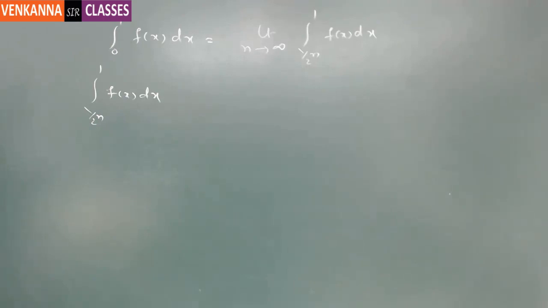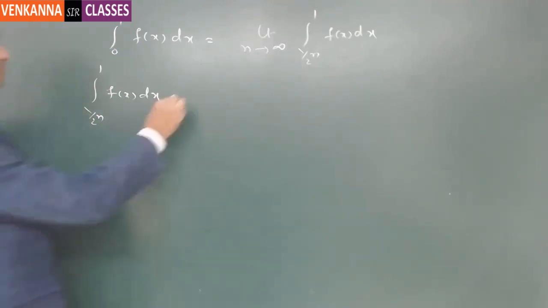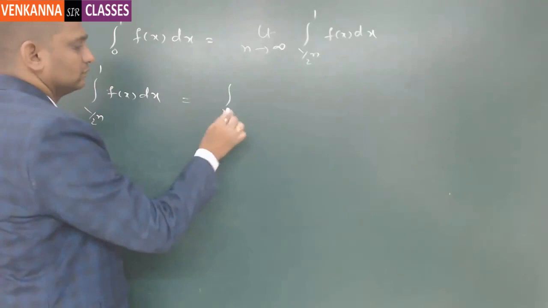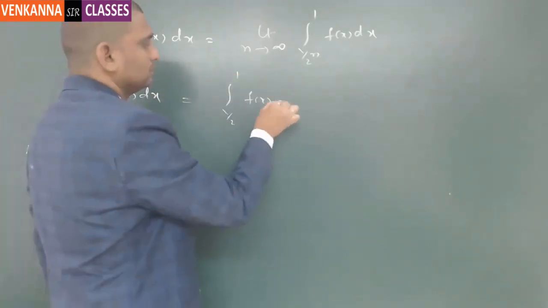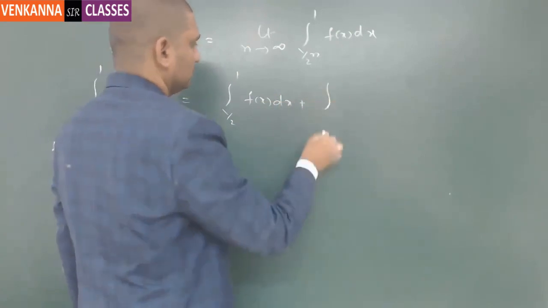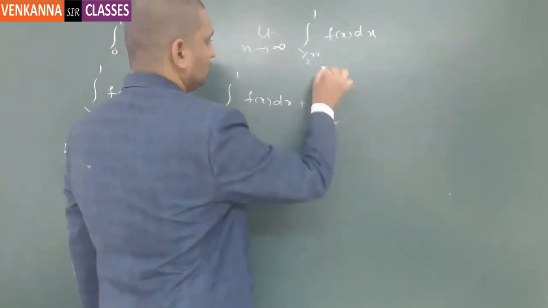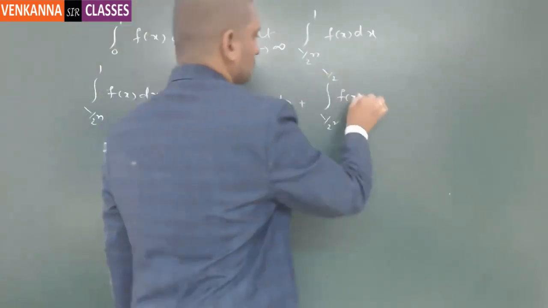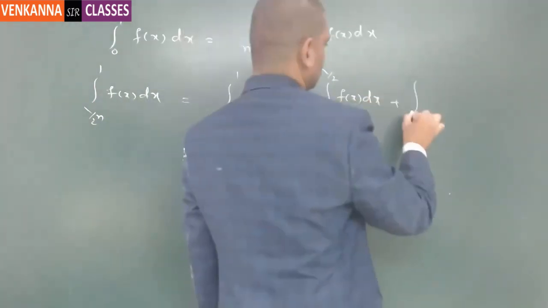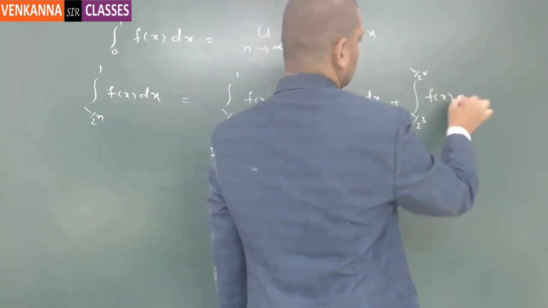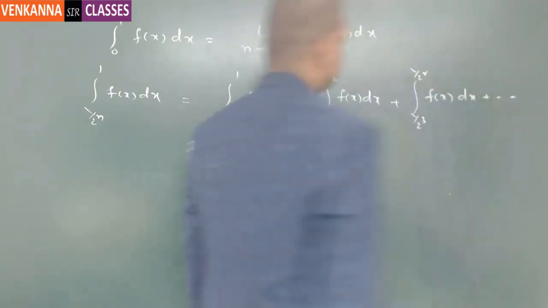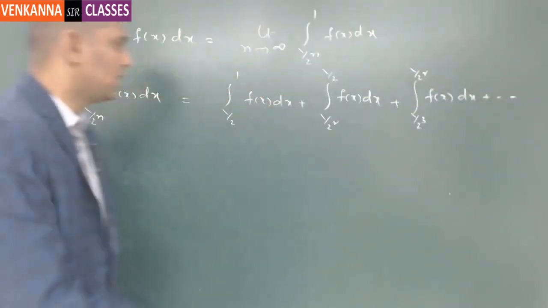How is the value going to come? So it is 1 by 2 to 1, and so on. You will get the value as